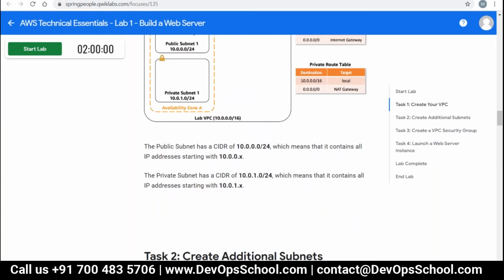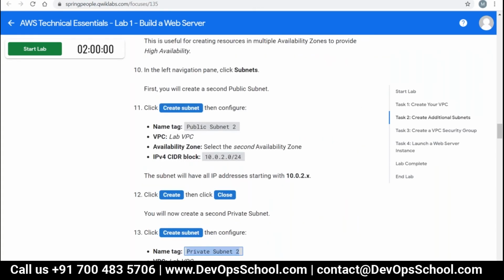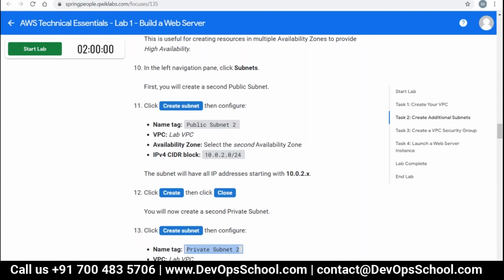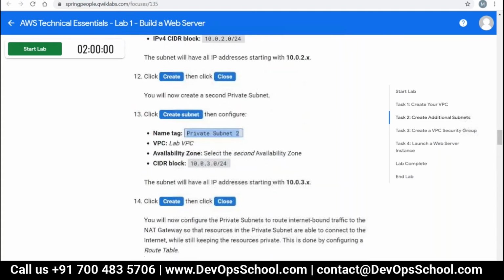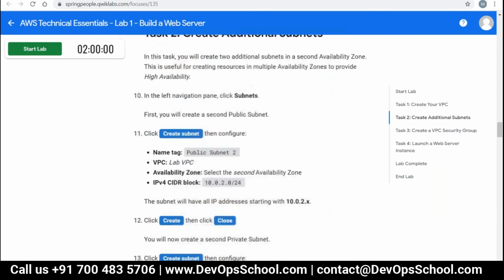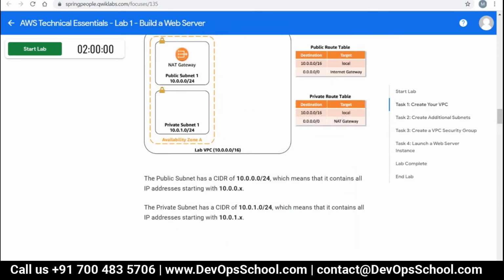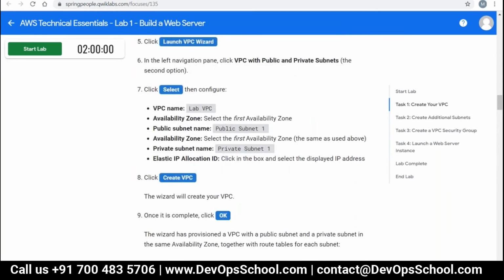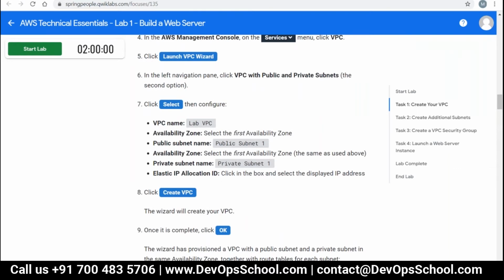So when we first created the VPC, that time the subnet. Task one, the last two sentences show the IP addresses of each of the subnets. You're talking about step number 9, right? Yeah, step number 9. Click on VPC public subnet 1 and private subnet 1. Okay. So where is the IP address mentioned here?